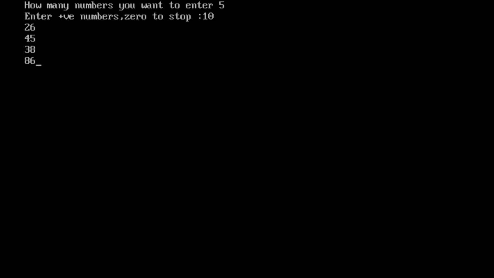I have entered a total of 5 numbers. Press any key. See, 10 is even, 26 is even, 45 is odd, 38 is even, and 86 is odd. Sorry, 86 is even. This is the output of this program.